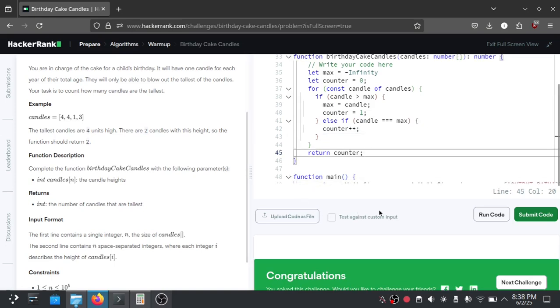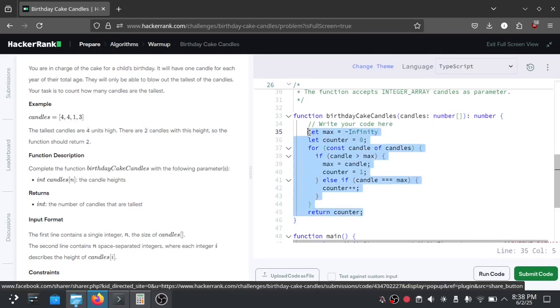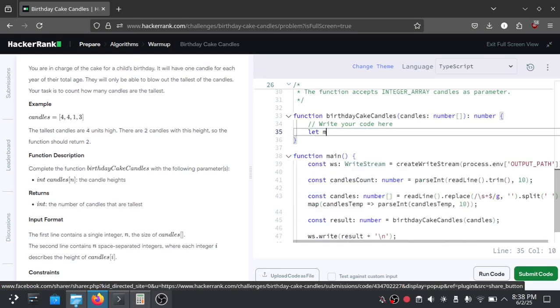Let's adjust this window, and then for the other method we can use the built-in JavaScript function Math.max with the spread operator. We can declare a constant, for example max, using Math.max.